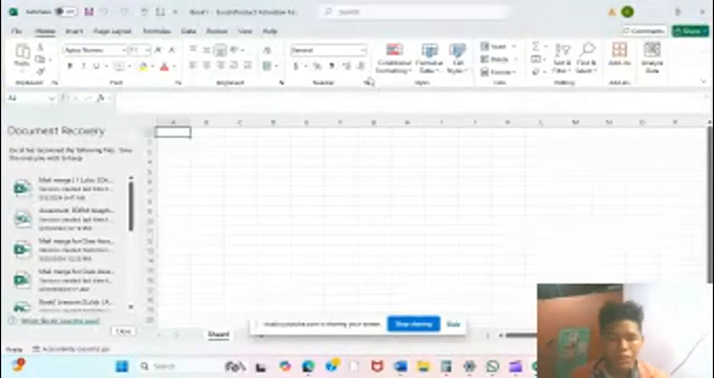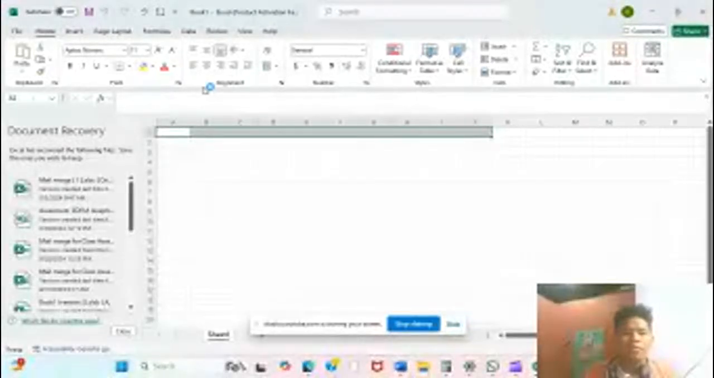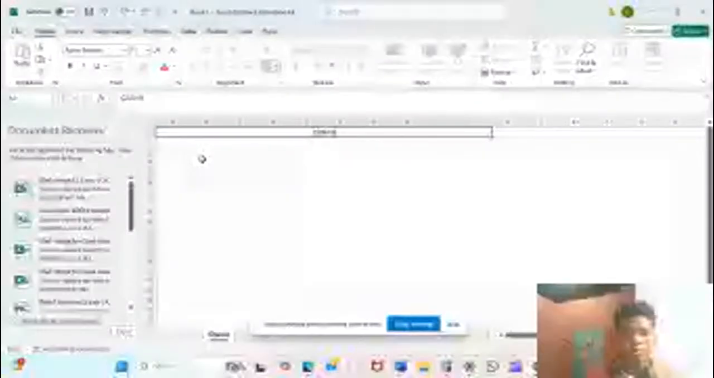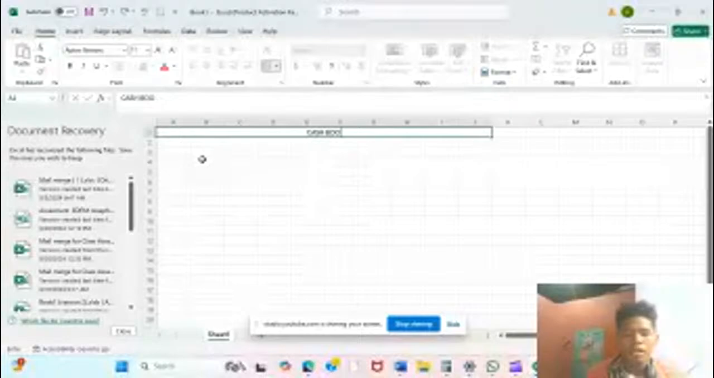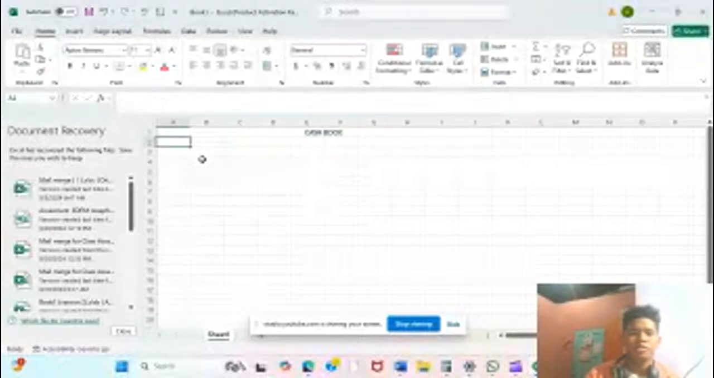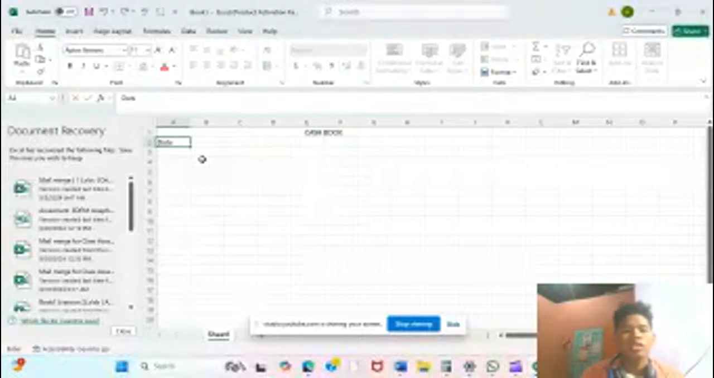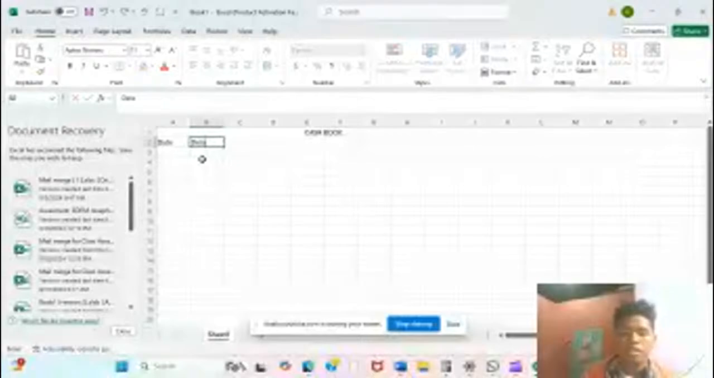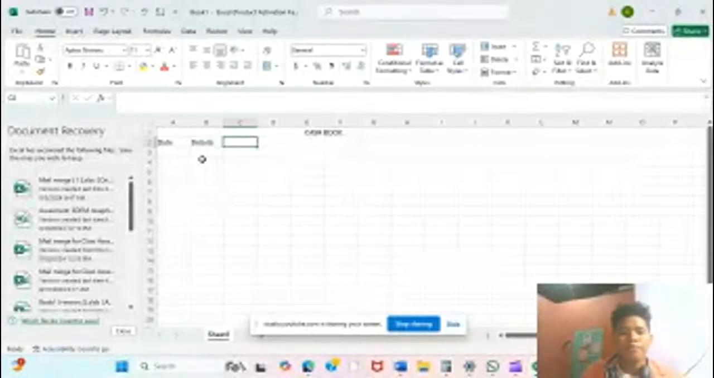So can everybody see what's on the screen right now? I'll show you how to do the cash book, exactly how we do it, because I believe it is important. I'll just name this cash book, guys. The format of a cash book is, for example, the date, then the details, and then the cash,